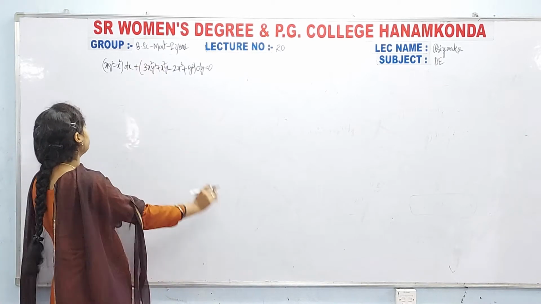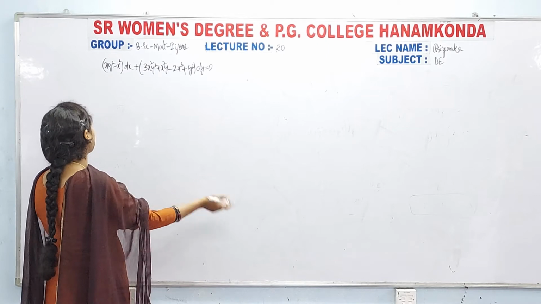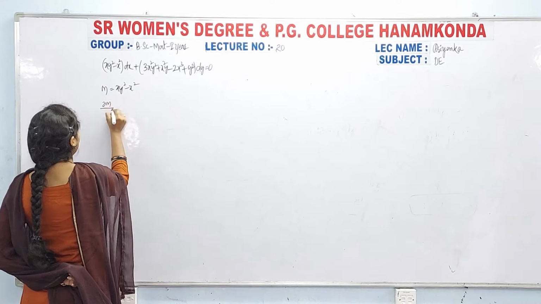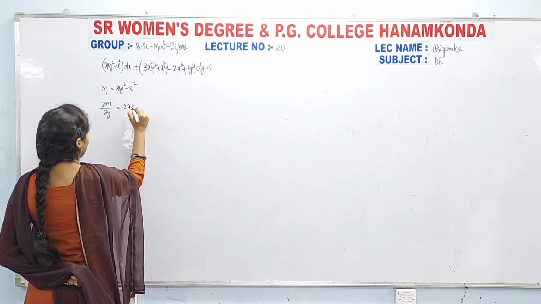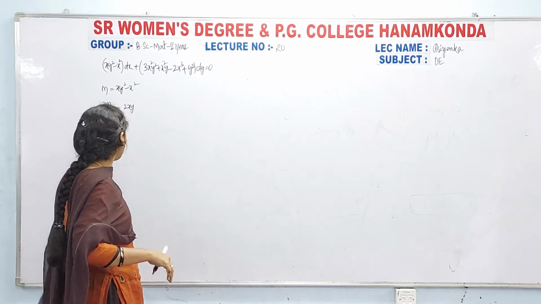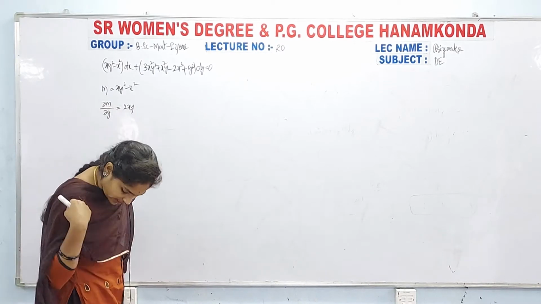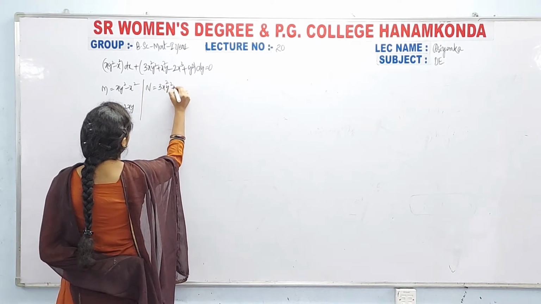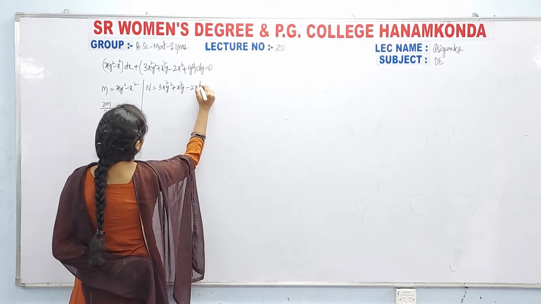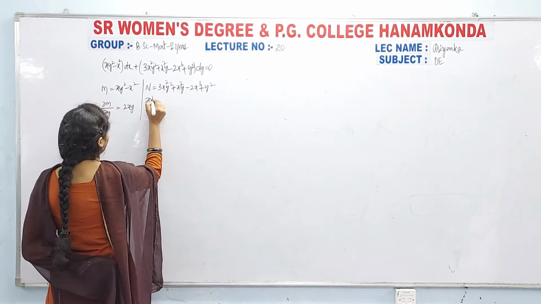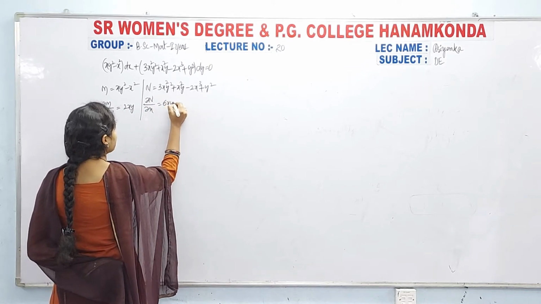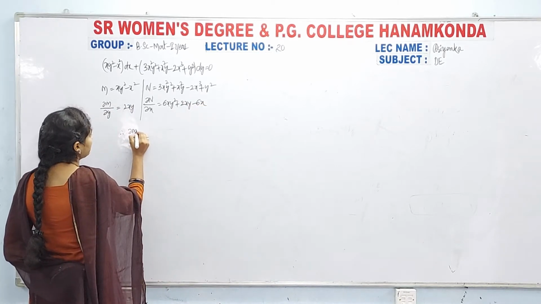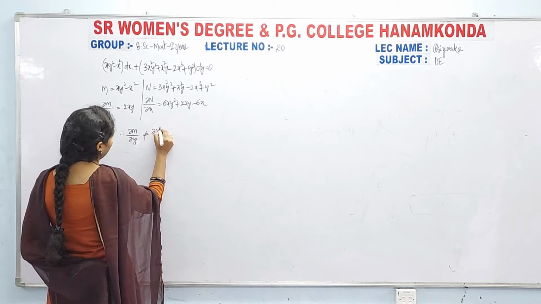So then what we get here? Simply we will get the value of M equal to xy^2 - x^2. So ∂M/∂y, then what we get is 2xy, that is it, because here we have to differentiate it with respect to y. Now here directly N I am taking as 3x^2y^2, here we have a lengthy value. Now ∂N/∂x is 6xy^2 + 2xy - 6x^2. Both are obviously not equal. So ∂M/∂y is not equal to ∂N/∂x.